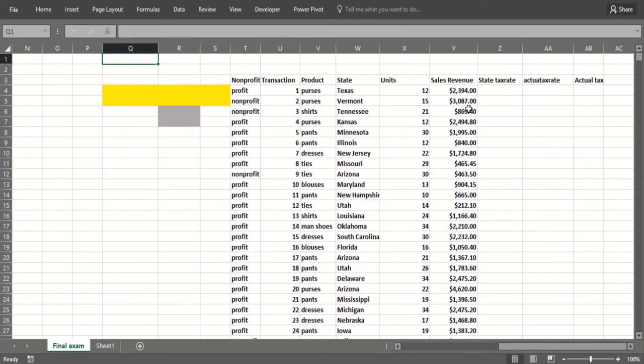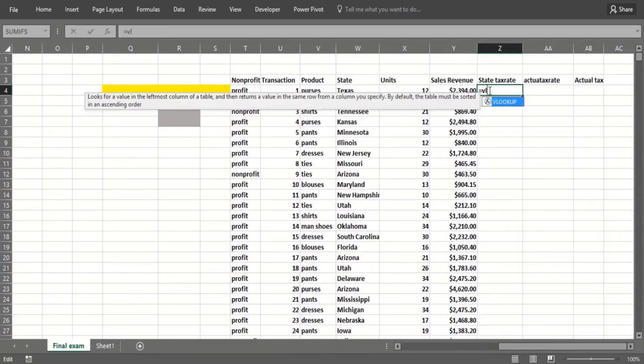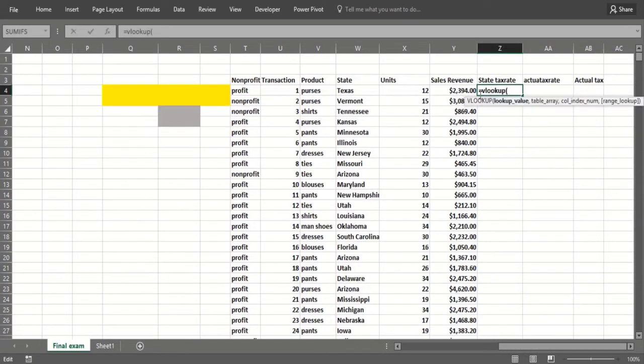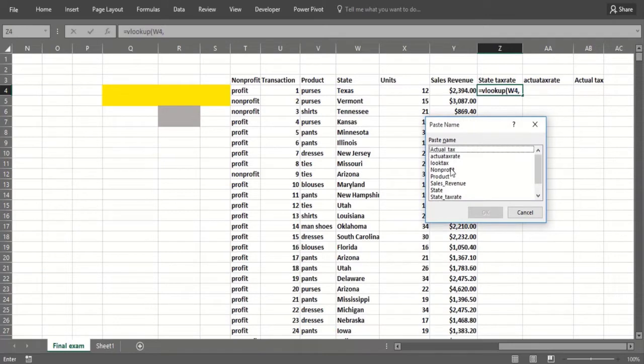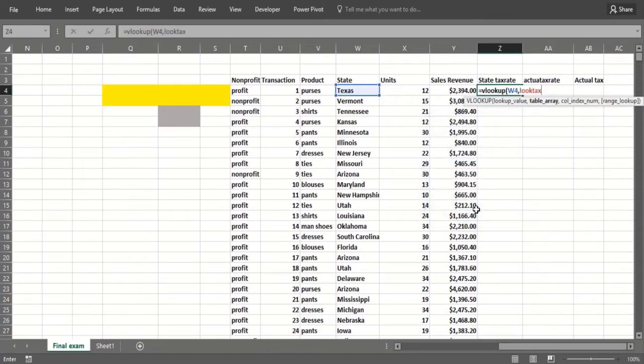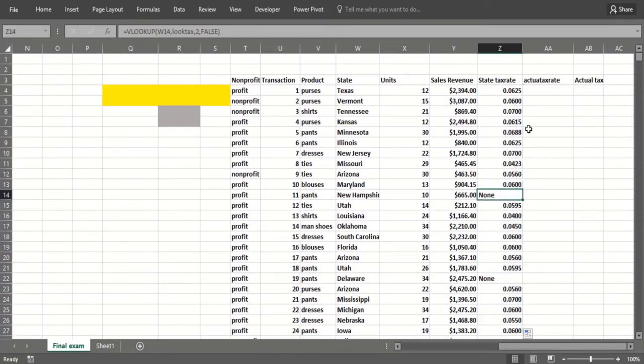Okay. So first I've got to get the tax rate in each state with a VLOOKUP. So I would do a VLOOKUP based on the state, and then I could paste the range name in, and that would be look tax. And the second column, use a FALSE to be safe. I think although I sorted the states alphabetically, it probably would work. So there's your tax rate, copy it down. But the none has to be converted to a 0. And the actual tax rate that you would pay